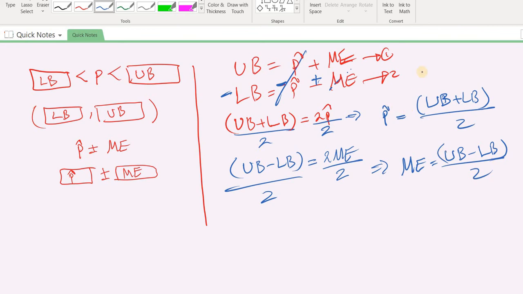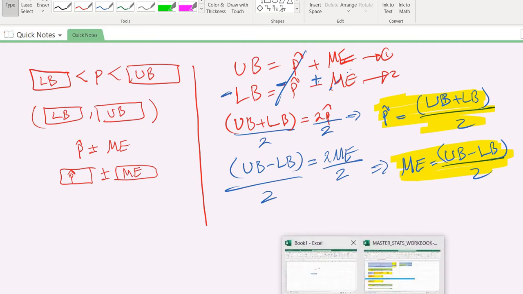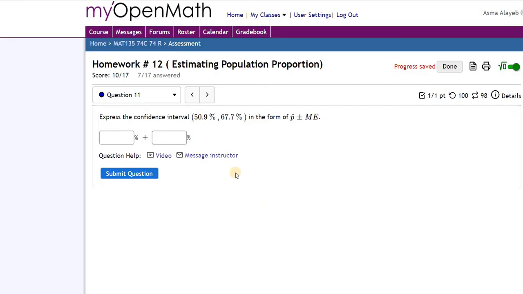You have to keep these parentheses if you're working in Excel, because Excel doesn't understand that it has to do the addition first, so you need to make it do the addition or subtraction first and then divide. Now, to answer that question, I am going to take my numbers. 50.9 is the lower bound and the upper bound is